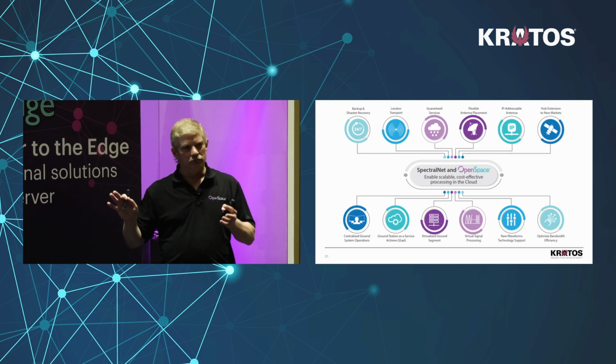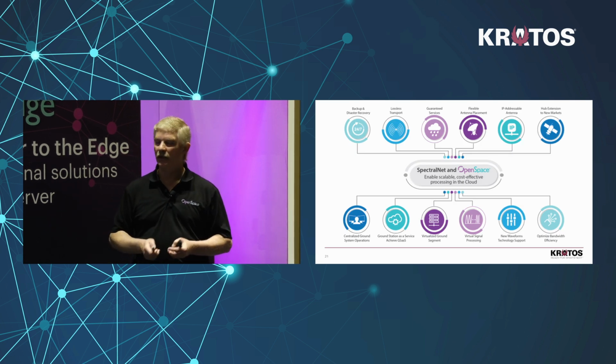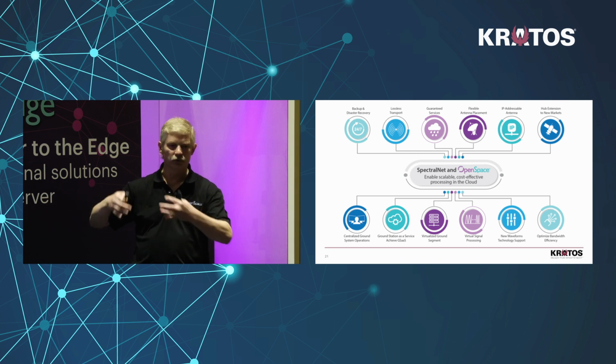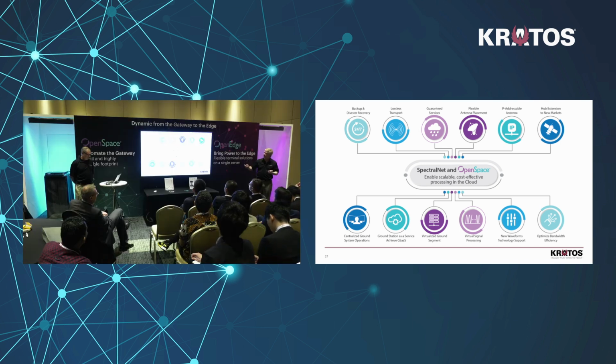So those are just 3 examples of the many different ways SpectralNet's been used as a point-to-point transport. So RF over IP extension for applications where you're still using some of the older traditional hardware. So that, along with some of what we just talked about here, you can use SpectralNet in many different ways to